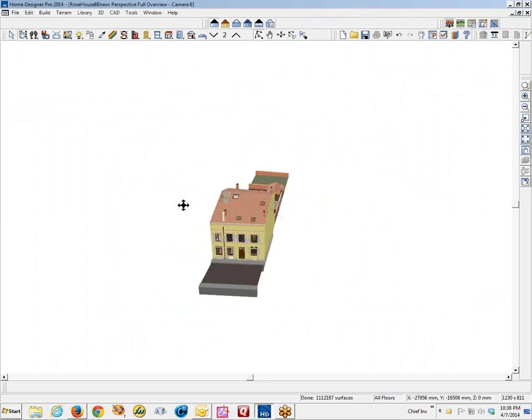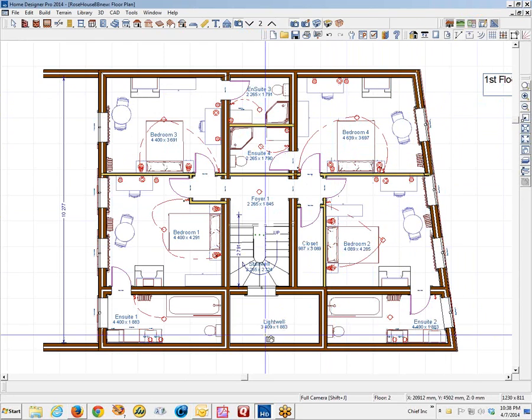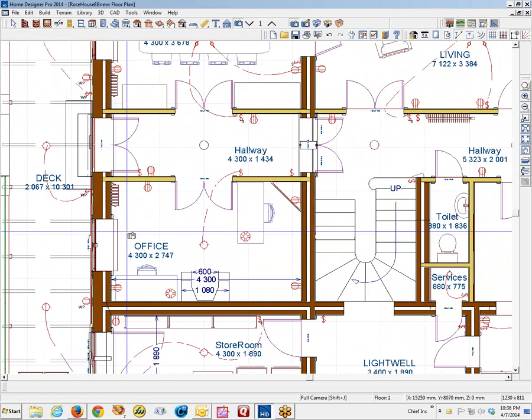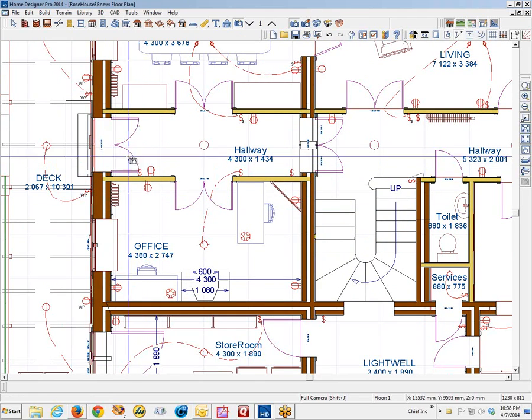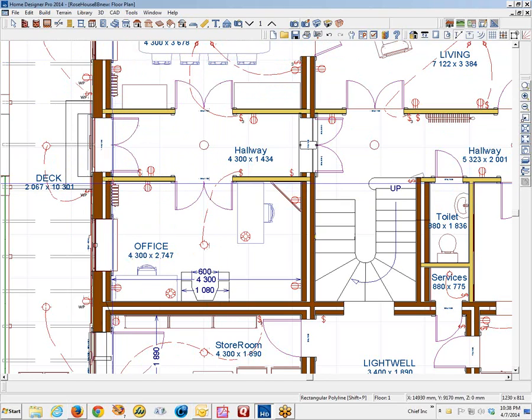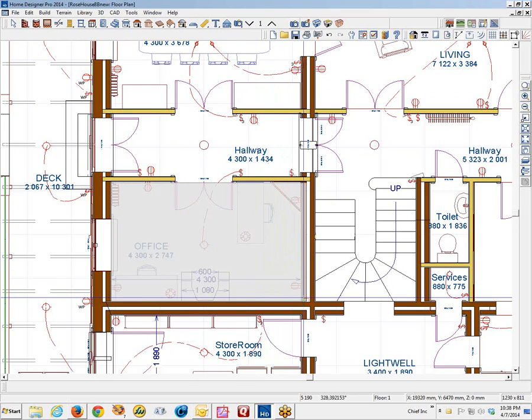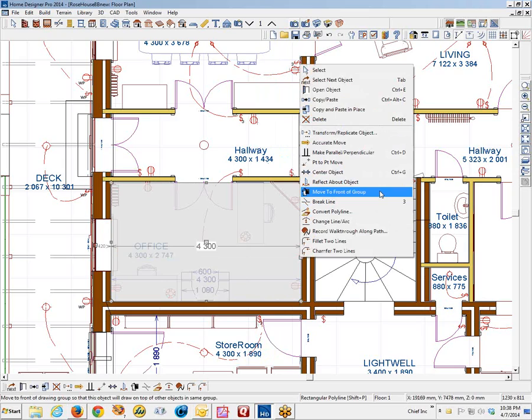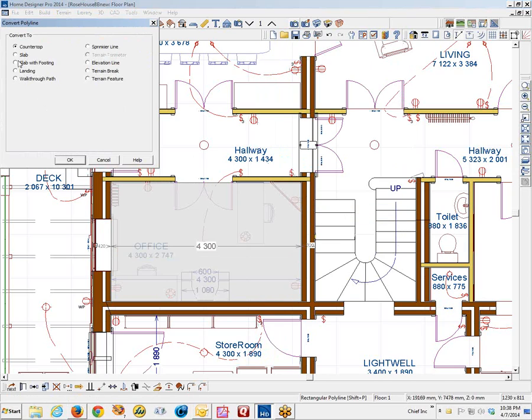But I don't think I've got a solution. Okay, well, there is one thing that should work. Let's go back to the office. It's kind of not a very good solution, but I'm going to go over here into the CAD tools, box tools, rectangular polyline. I'm just going to draw a rectangular polyline in this room here, and then I'm going to convert that to a slab,